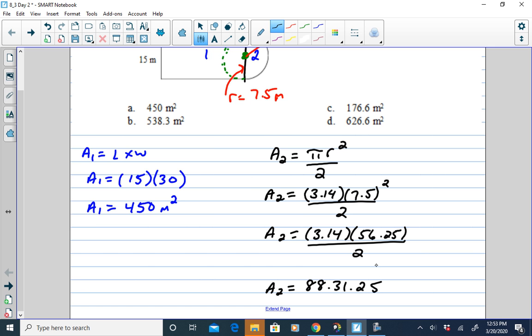Now the total area of this figure is the sum of area 1 and area 2. So you'd write something like this: the total area is going to be equal to area 1 plus area 2. So that's going to be 450 plus the